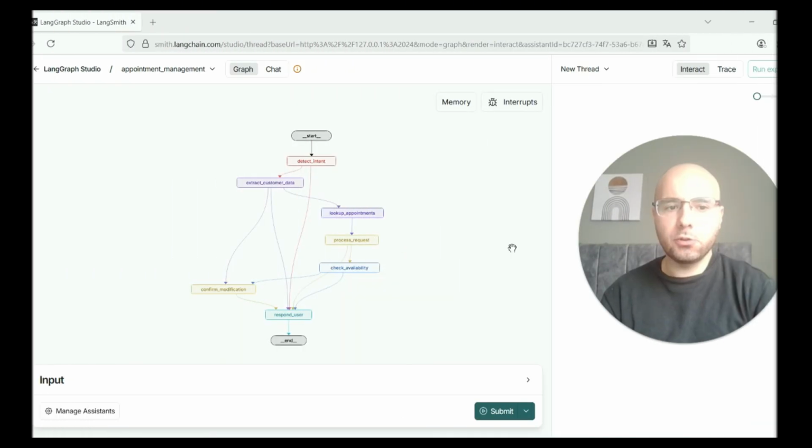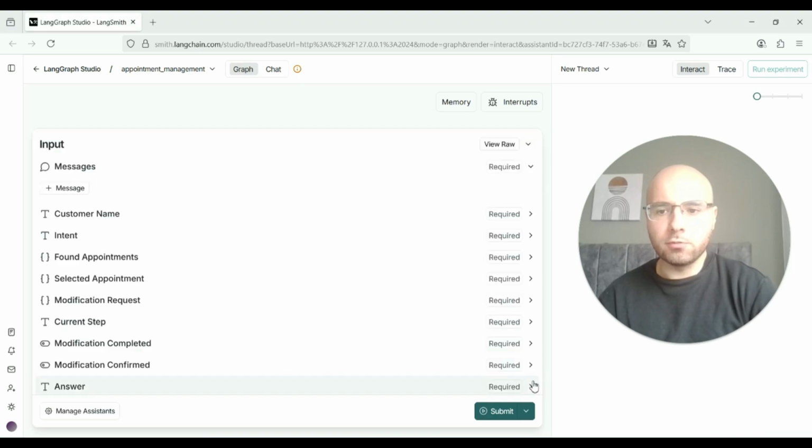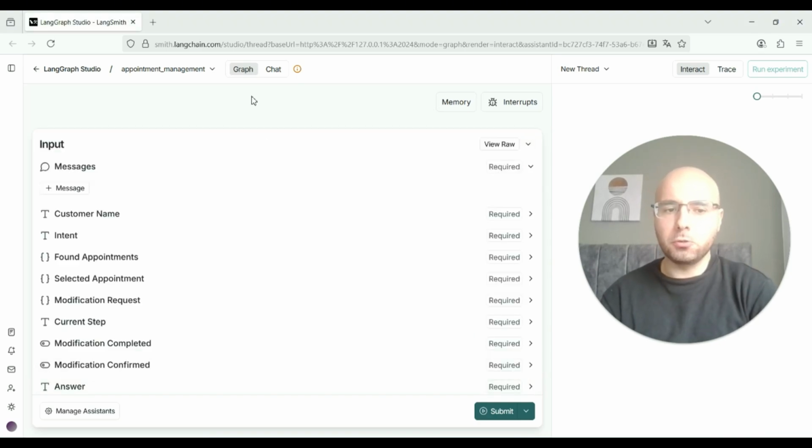Okay, so let's go to the graph. Firstly, we are going to see the state. As you know, the state is a set of variables that are shared between all the nodes. So we have messages, which is the standard way of LangChain to represent the conversation, as you saw in the previous graph. Customer name. We are going to use this field here, but usually in production, what I usually